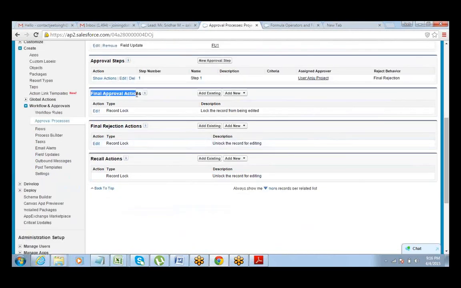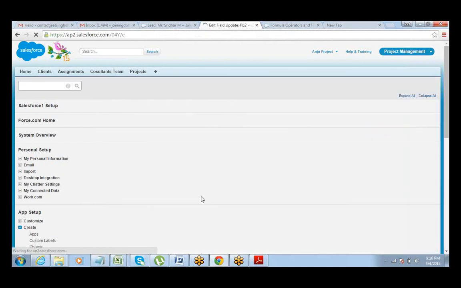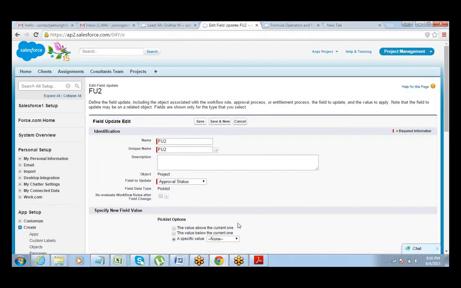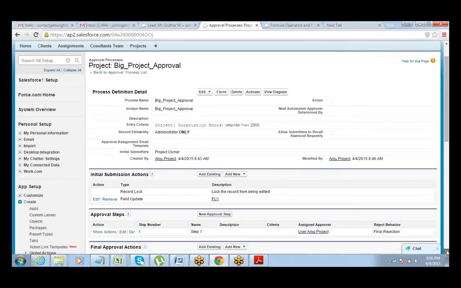So on the final approval action, I will update the same field, but this time the value should get updated to approved. Give it any name. Which field we want to update? Approval status. Click on next. Okay. So final approval action is update the field to approved.